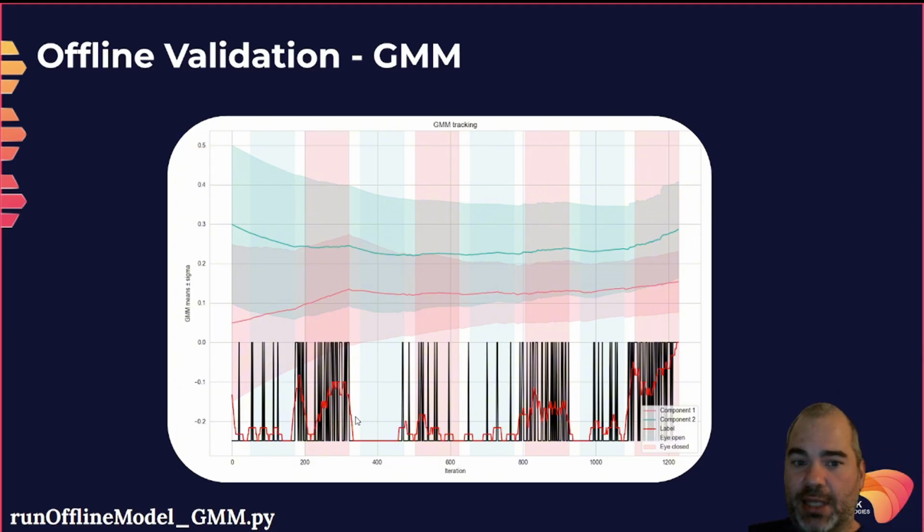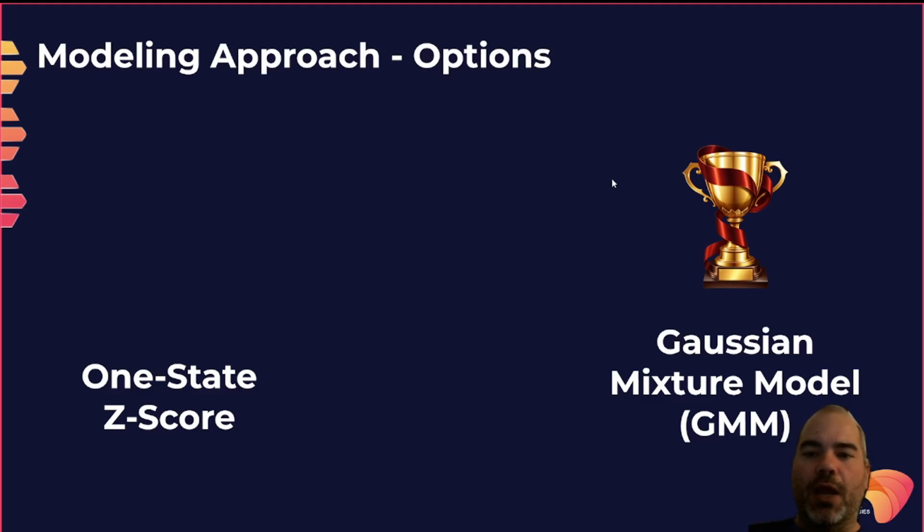It was trained on just data coming in, and it forms its own representation from the data. Obviously, it would perform much better if it was a truly trained supervised classification process. So now we've compared the z-score and the GMM. Obviously, the GMM wins the cup here. So this is the one we'll be working with for part 2 of the video, when we'll do proper